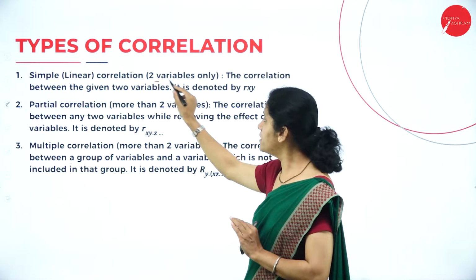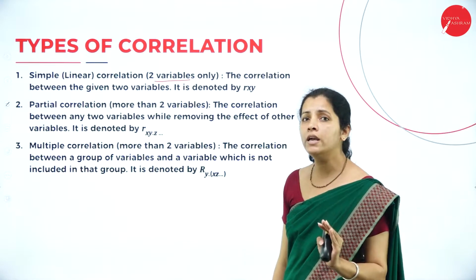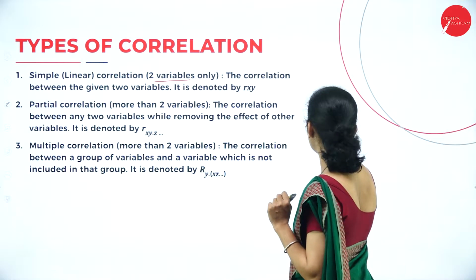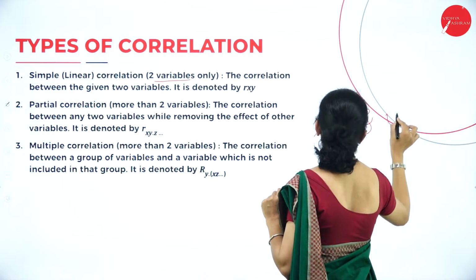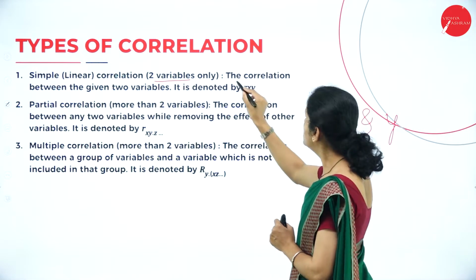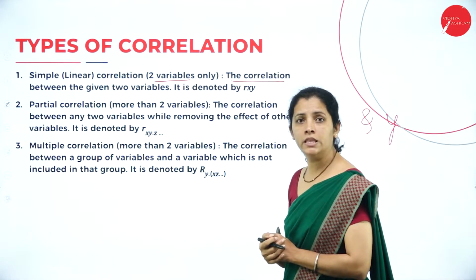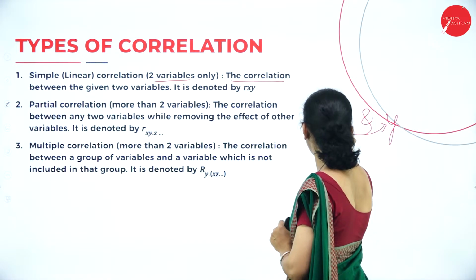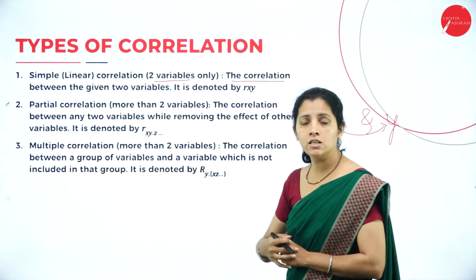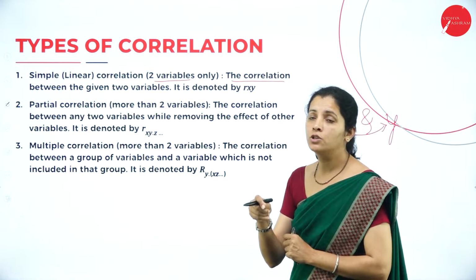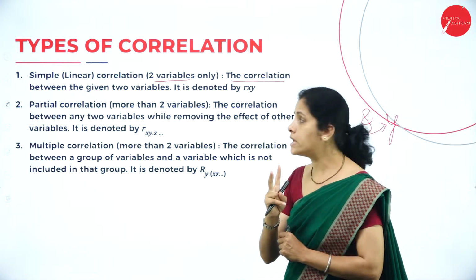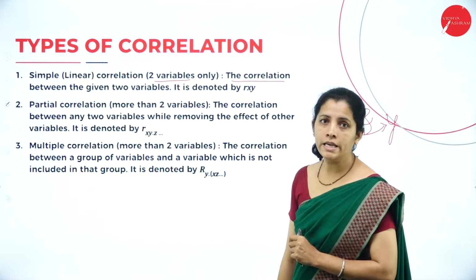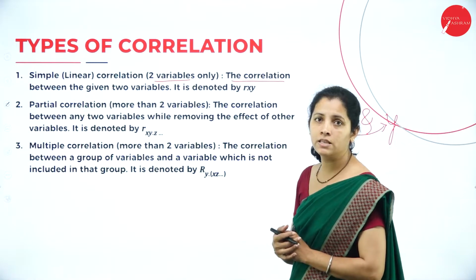As the name itself indicates, I have only two variables or only two observations, say X and Y. The correlation between the given two variables: how these two variables are related to each other and what is the relationship? Here I am having only two variables, and it is known as simple or linear coefficient, and it is represented by